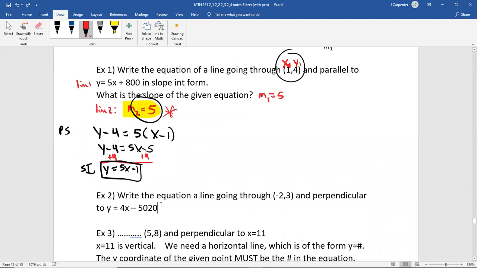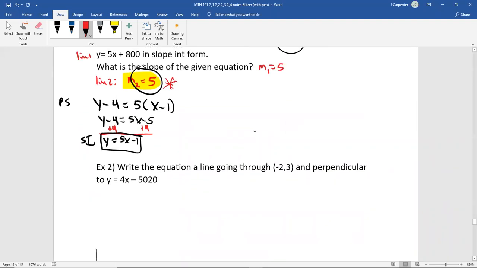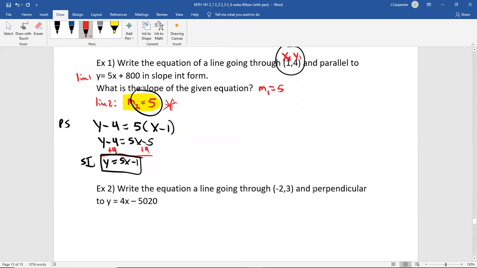Example 2, we'll see a lot of similar things, but in this example, instead of the line being parallel, it's going to be perpendicular. So that's going to change one aspect. Write the equation of a line going through the point (-2, 3), so that's our x1 and our y1, and perpendicular to y equals 4x minus 5,020. So this is our first line,